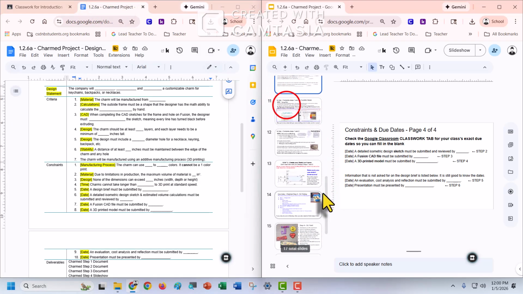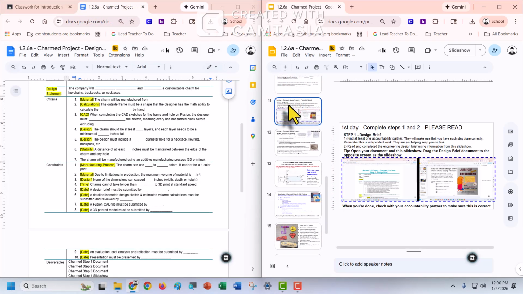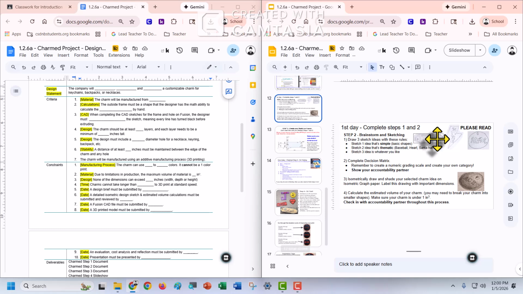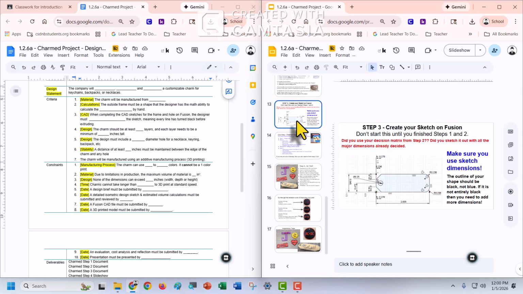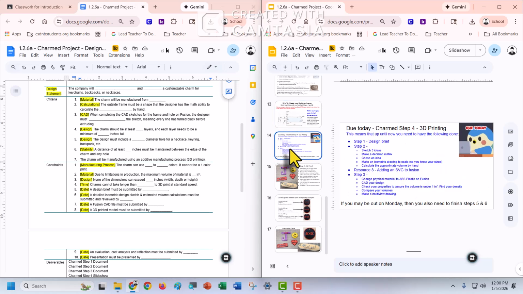As we keep going through, just understanding how everything works, this is going to be our first day, just like we talked about, so make sure you go all the way through this. This is a great version, and I'll talk about the rest of this in more depth as we go. Really making sure that you sketch things out nicely, you design it using sketch dimensions, so everything is black, that you